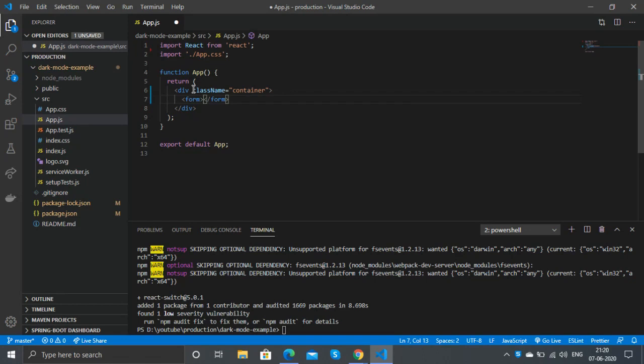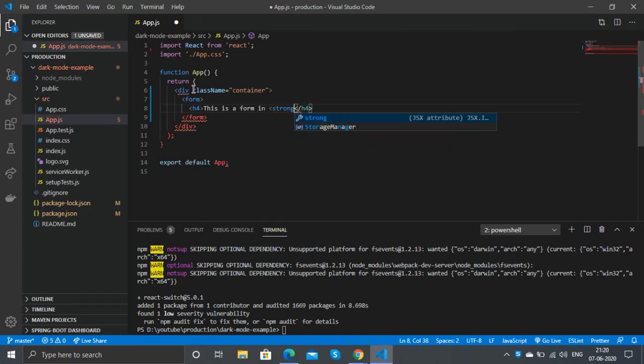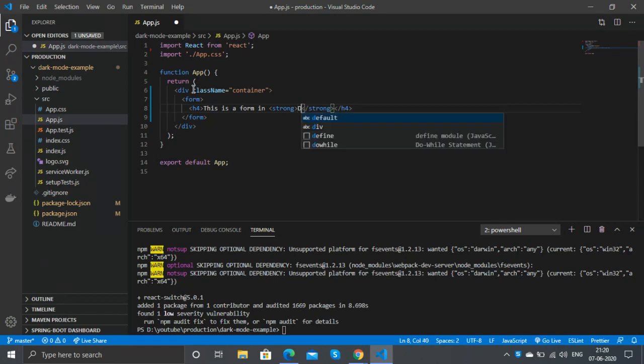So next we will add a form. Inside the form we'll add a heading. So let's say this is a form in light or dark mode.